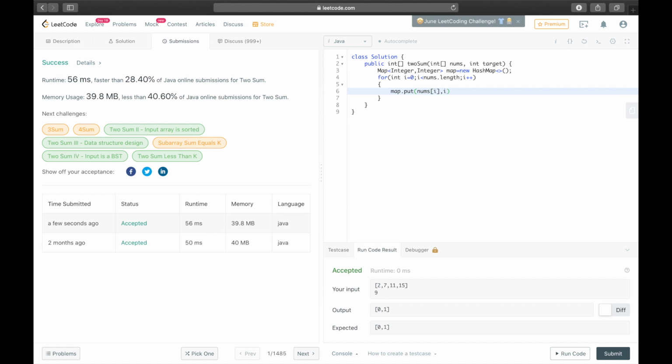So it is going to create a table kind of a thing wherein the index position will store the particular value of that particular index.